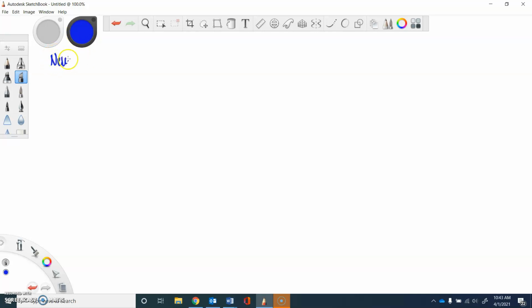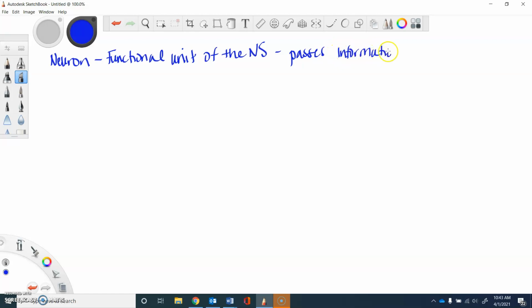The neuron. So this is the functional unit of the nervous system. This is the structure that passes information in the form of an impulse. So it passes information or communication